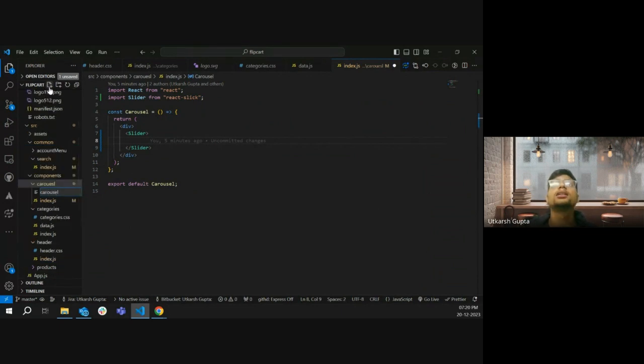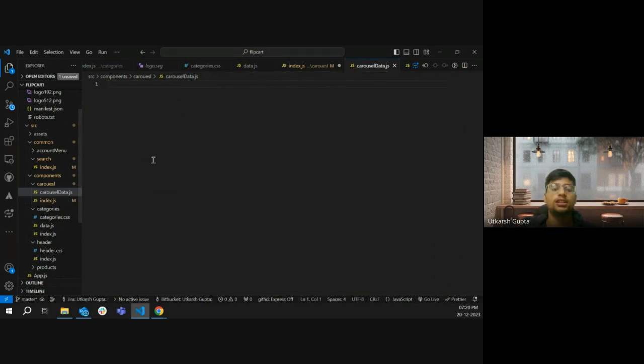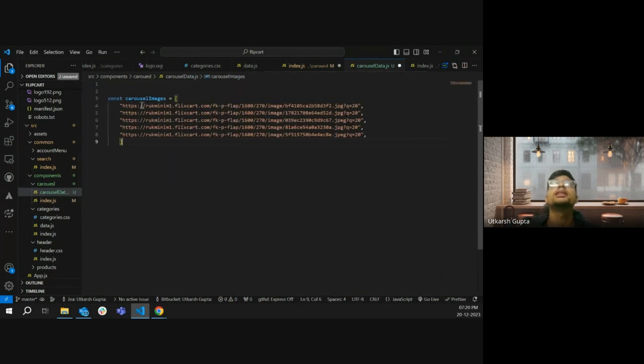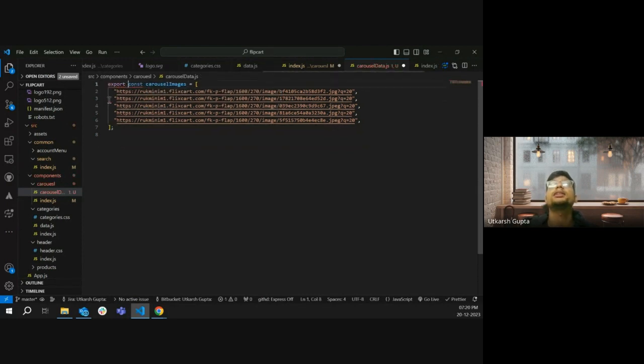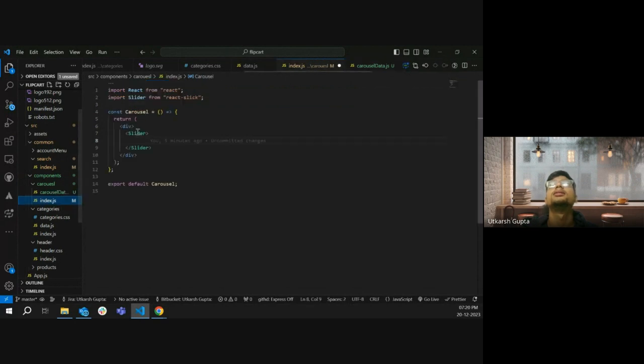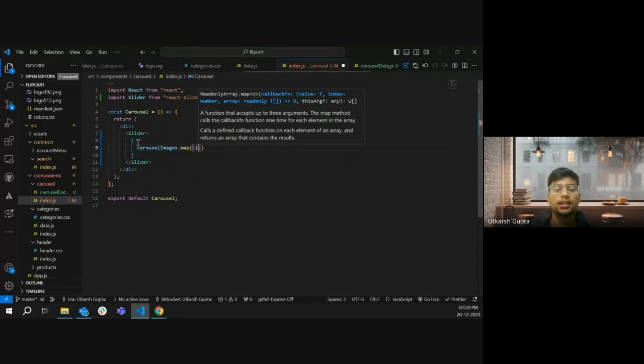Carousel data.js. Okay. So carousel data.js has this variable which is carousel images. And I'll be just exporting this. And now I will just loop this array, map, item,